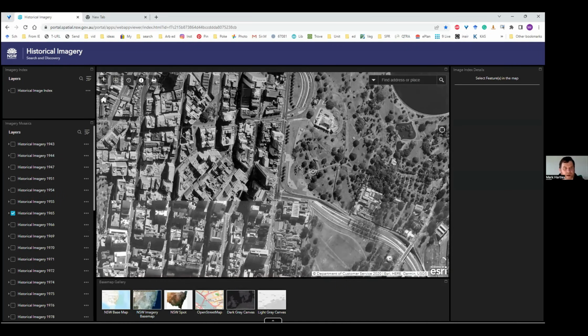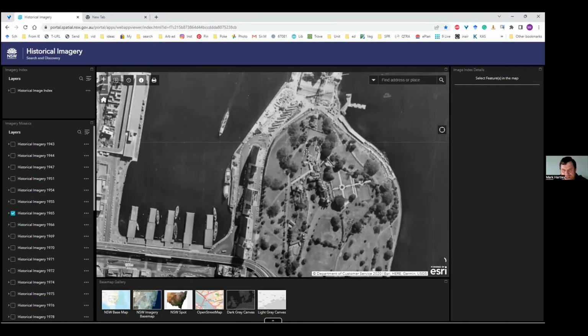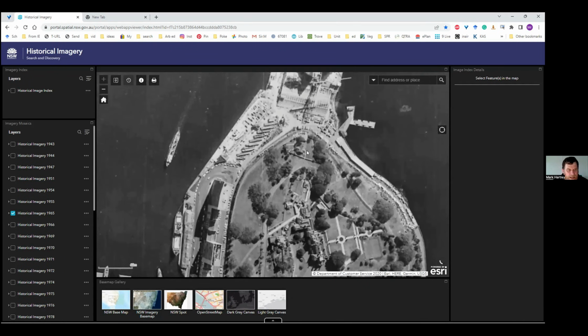I'll just move this across so you can find the site easily. It's spatial.nsw.gov.au. It's portal.spatial, so you can see the address up there. You can copy it down later on, or you can flick an email to Peter and he'll send you the link. What is interesting about this is how humiliating my inability to age trees is. As I go back and look, I realize that trying to get tree age sorted out is more difficult than I would hope.